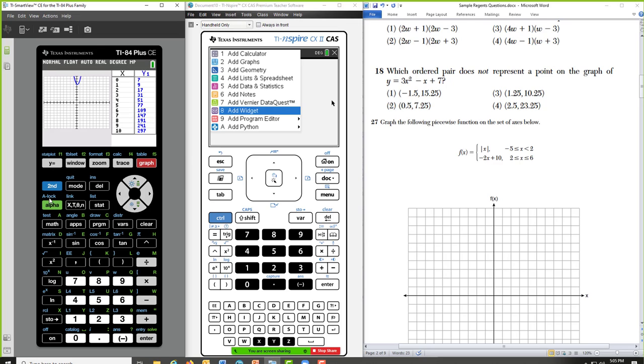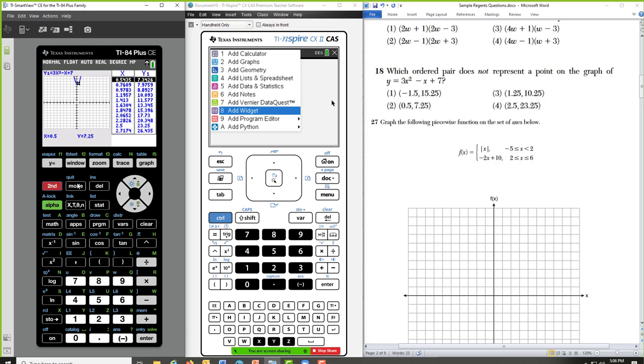I would use the second trace feature and use the value command, and you could put in something like 0.5, and it will show you where that is on the graph. Okay, so that's just another method for doing the same problem.